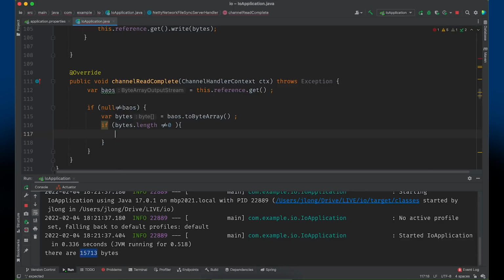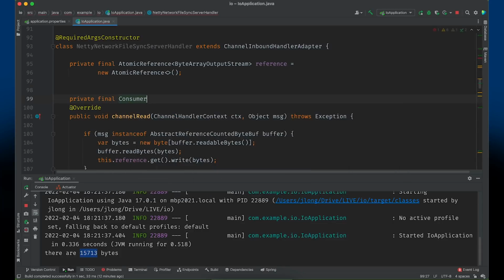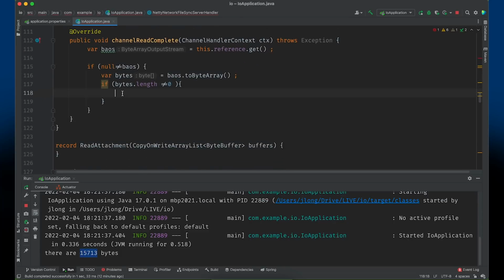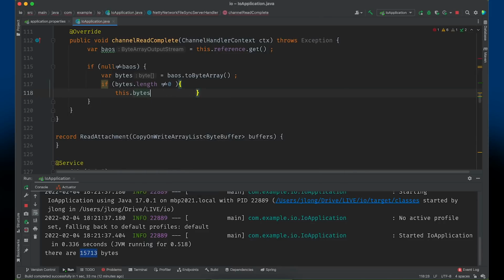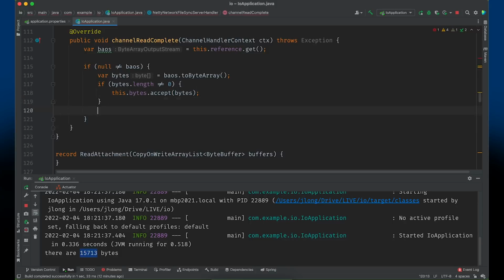we want to send them out, don't we? So we want to have the consumer here as well. So we need the consumer, private final consumer of bytes. Goody. Okay, there's that. And I say this dot bytes dot accept bytes. Goody. There's our writer. We've written the data out. And of course, we might have more use for this. So this dot reference dot set new byte array